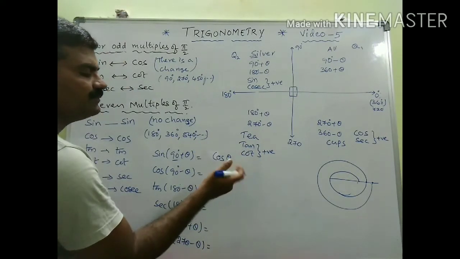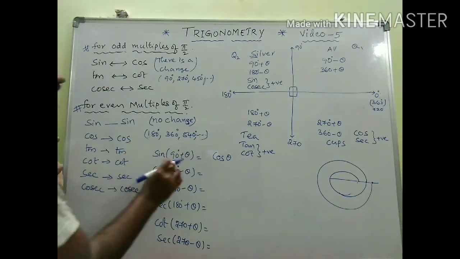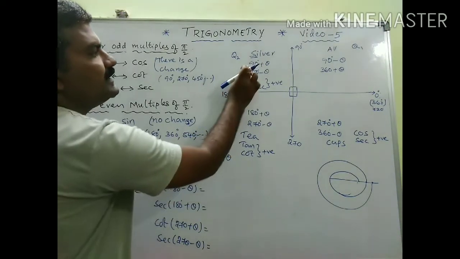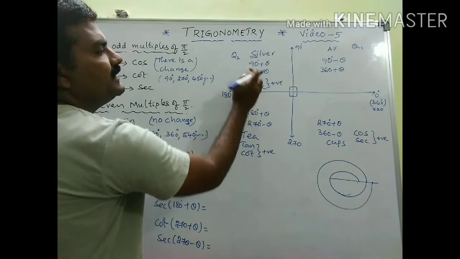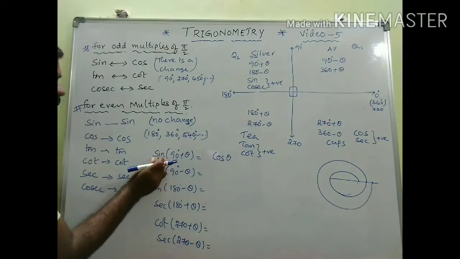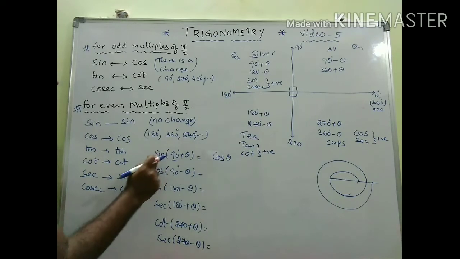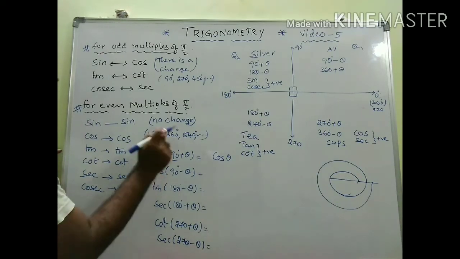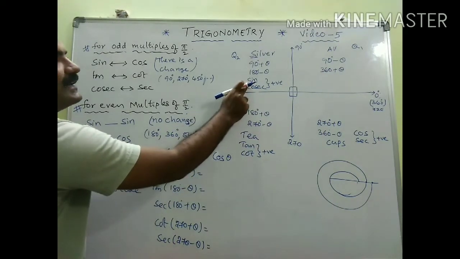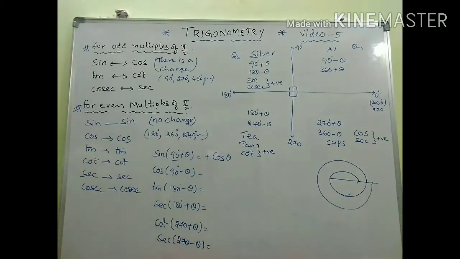Second question, whether it is positive or negative. That's what you need to check. Now, 90 plus theta is second quadrant. In the second quadrant, sine is already positive. So you should check the original parent, mother function. Not this one, don't check it for cos. Our original one is sine. So sine is positive in the second quadrant. Hence this equals plus cos theta.